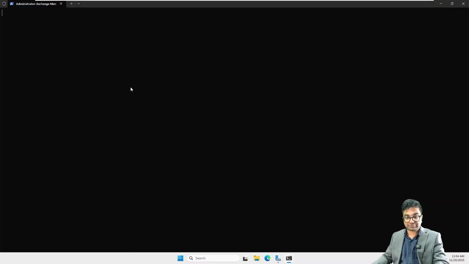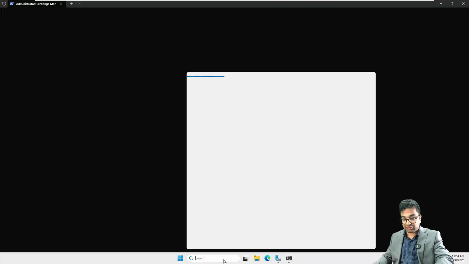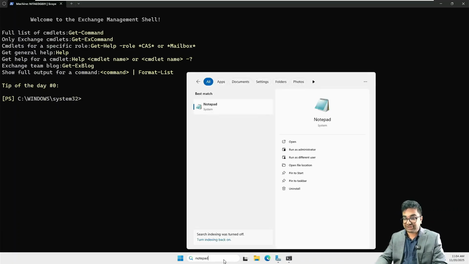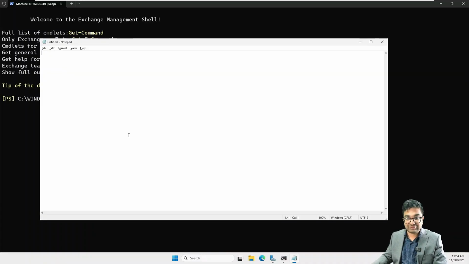Now, one idea that I always ask people to take note of here is always have a notepad open. This notepad is so that you can copy commands and paste them there to make sure that your life is a little bit easier when you're copying and pasting commands. So for example, right here,